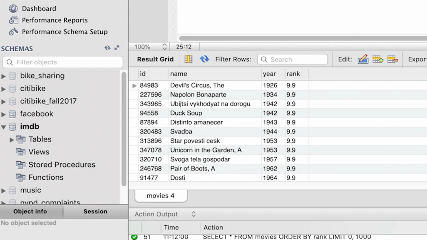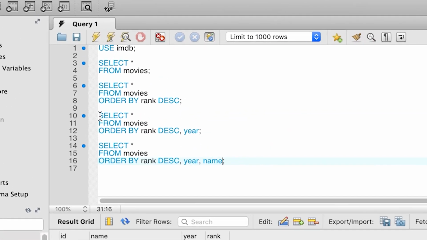But when we go to 1942, you'll see that we have a tie among movies with rank 9.9 and year of release 1942. Now we want to break ties further, so we are going to add the attribute name as the third attribute in the order by. So we go and we add name at the end.